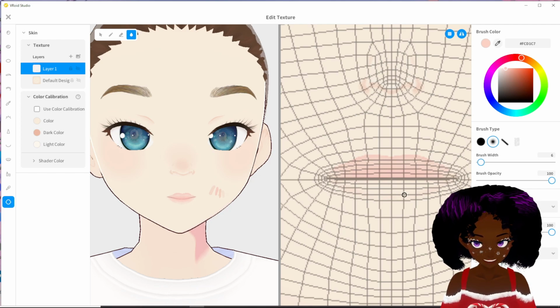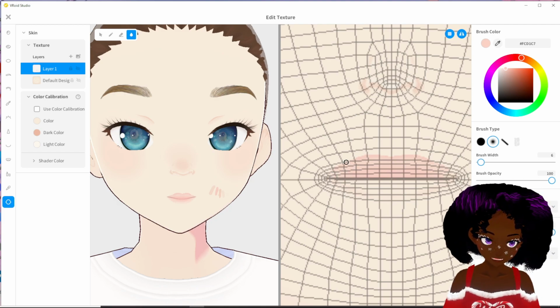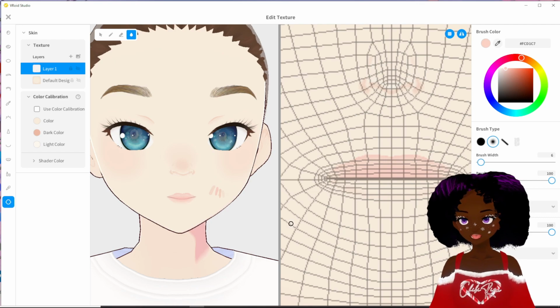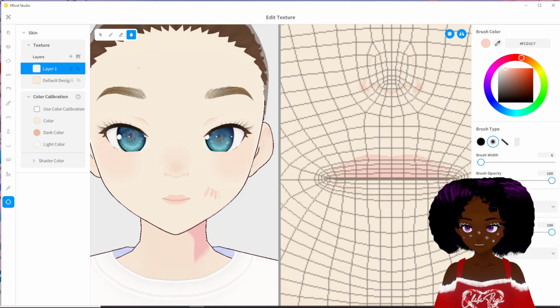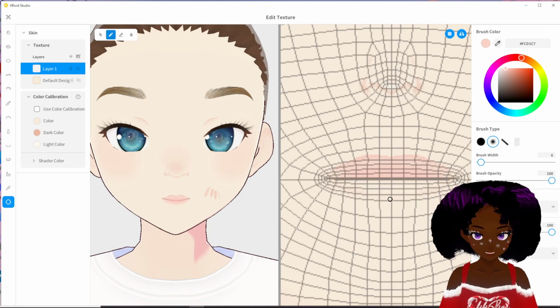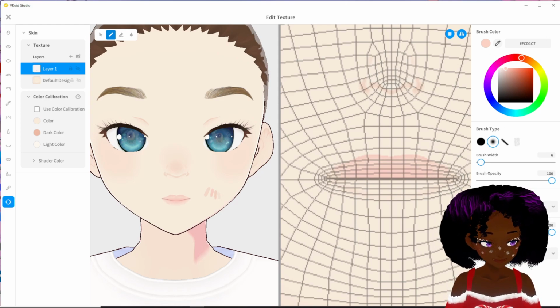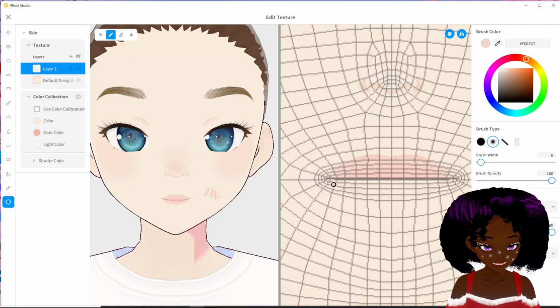So it has faint coloring, but it's still there enough that you can tell we have an outline, and then we can always change around the lip sizing. So I'm quite happy with that. I like how I said I was happy with it, but then I'm going to add something. I'm going to add a bit of a darker outline